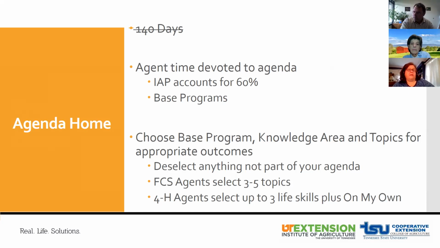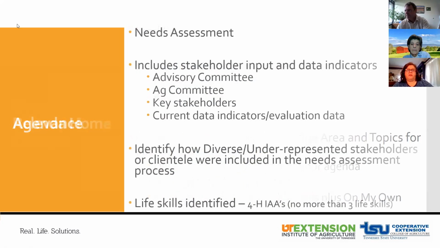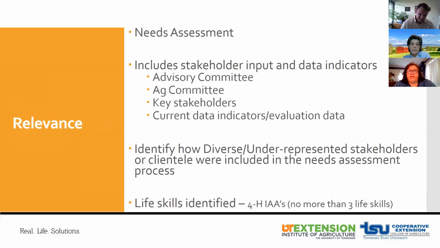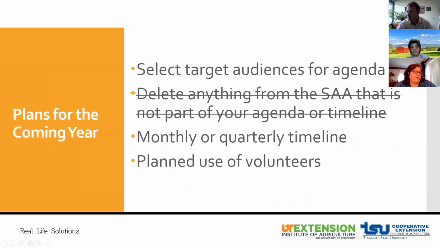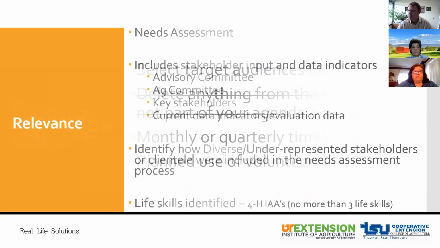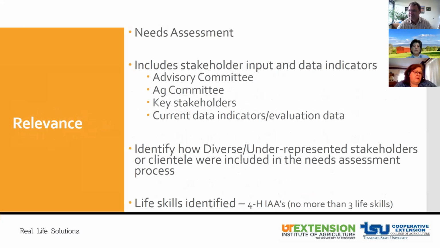In the next area, looking at relevance, there's the section there for needs assessment. So you'll have part of the state statement that's there. And then this is the part where you need to add the stakeholder input. Think about other places that you may get, oh, can you back up? There you go. Census data, and there may be information in the newspaper that shows a need for programming in your county, along with the Chamber of Commerce, and just as far as working on providing that information for the needs assessment. This can also include and should include stakeholder input and data indicators, and that information can come from